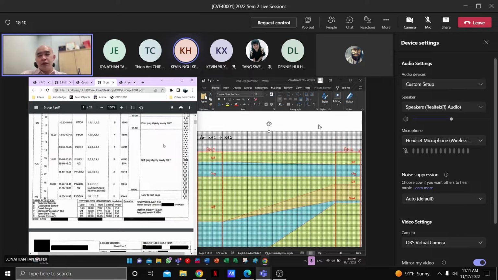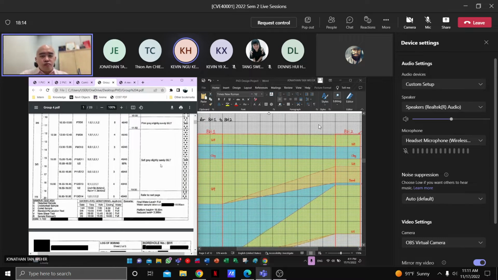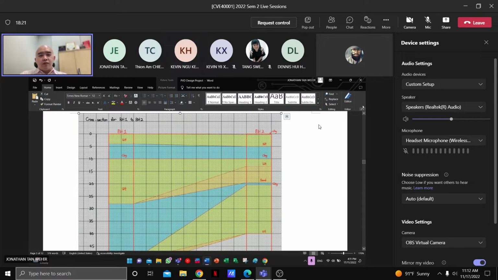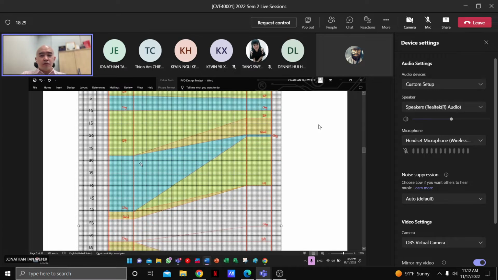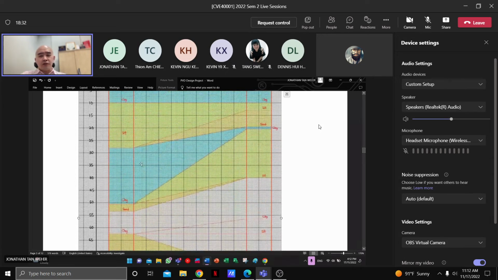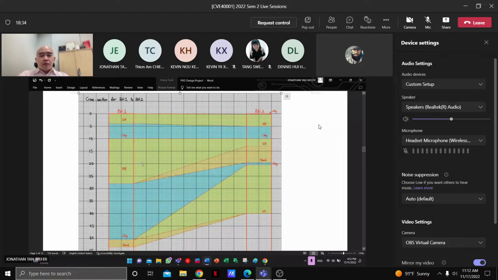Now, if you open up your soil profile, okay, you maximize that window. Now let me ask you, okay. By the way, why did you stop the profile at those depths? Like for borehole 2, okay, you got some more below. All right, that's fine. Okay. Now, so